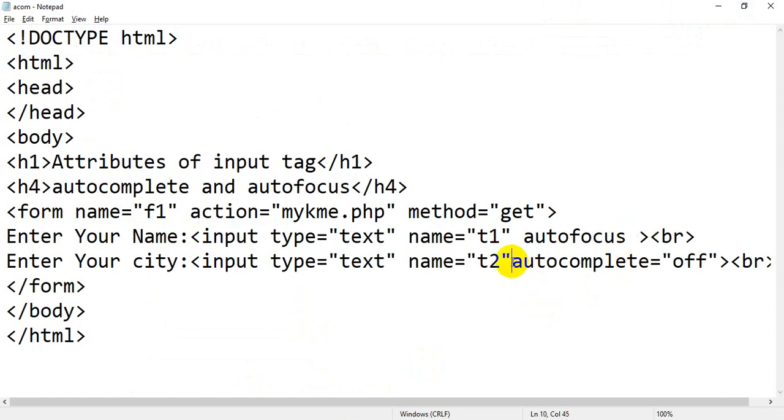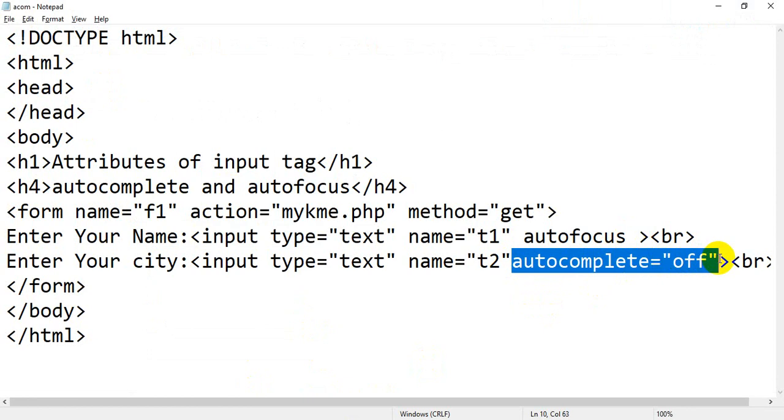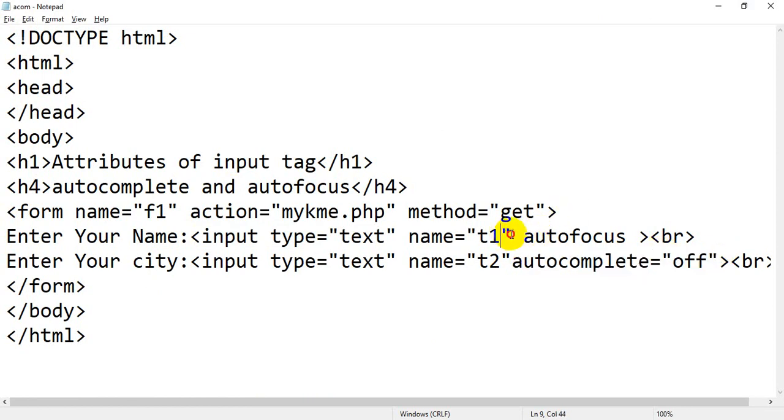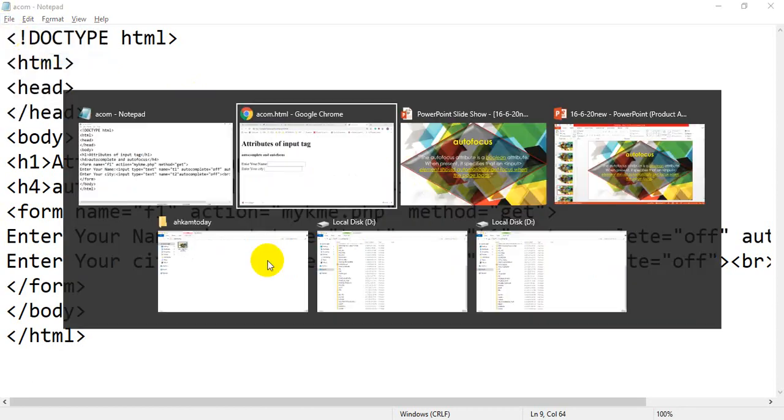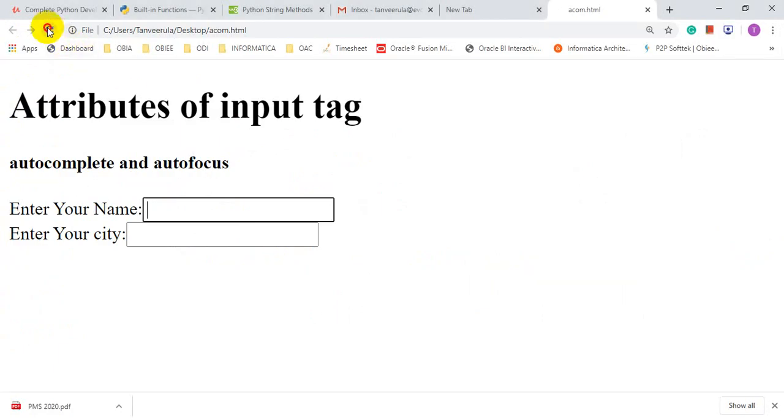I will copy this line and paste it here, autocomplete equal to off. Now both my text boxes have the autocomplete off feature. So see the output, refresh the page. Now when you click on that, you will not get any value which you have previously used. When you click on the other, again you will not get any value.